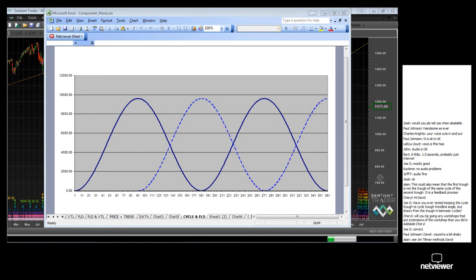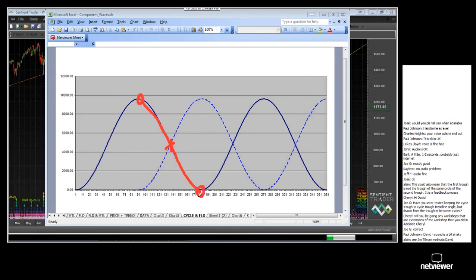We spoke last week about FLDs, and remember, an FLD is simply the price movement displaced by half a cycle's wavelength to the right, in other words, into the future, and we derive three pieces of information from an FLD. When price crosses an FLD, we get confirmation of a peak or a trough, depending on which direction the cross is. We also are able to project a target because